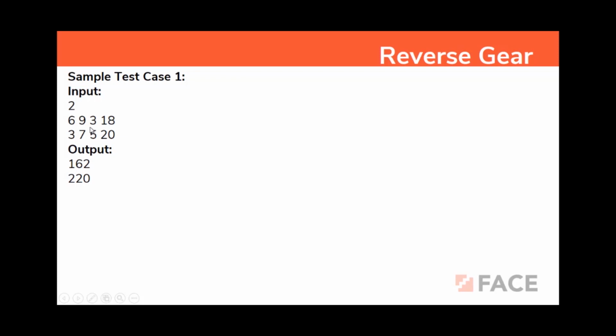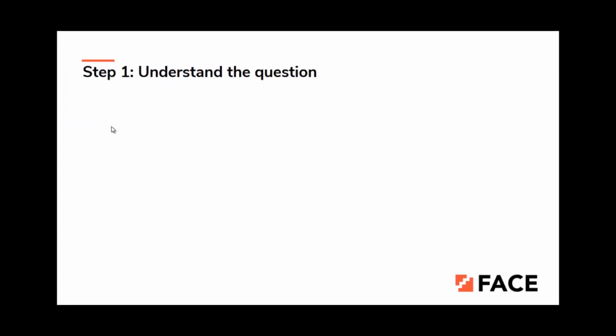3 is the total time taken for every meter of motion and 18 is the total distance between the car and the wall, is it? So with that note, I'm taking that current is 0 and the distance between the car and the wall is 18. So if I move 9 meters backwards, my current position would be minus 9 and I'll still have 9 more meters to reach the wall.